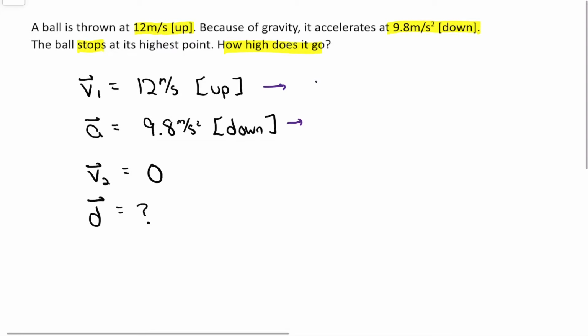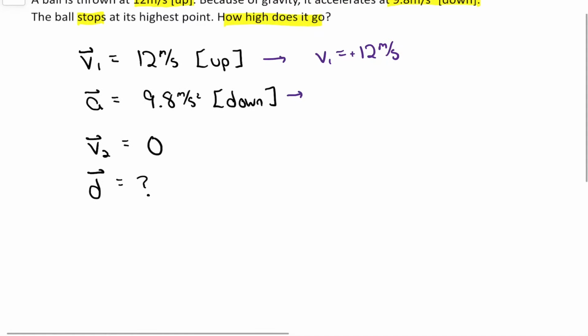The most common way, and some textbooks brainwash you to always make it this way, but probably the smartest and most common way, is to make up positive. So our V1 is positive 12 meters per second. And then our A would be negative 9.8 meters per second squared. By giving them opposite signs, we take care of the direction, and then we can just solve it like we would before. When we read through this, I don't care about t,